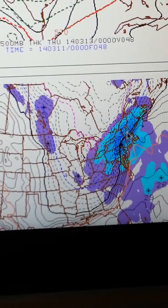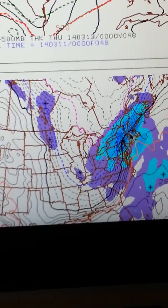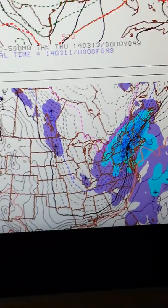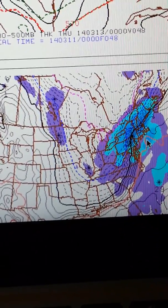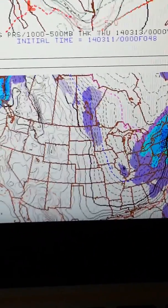Most of your lift is going to be along this black line here. That's the boundary between warm and cold air. So your heavy precipitation is going to be on the northern side. The southern side, there isn't going to be as much lift. Okay. So as you move ahead,